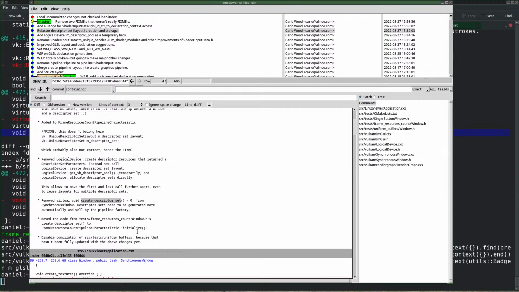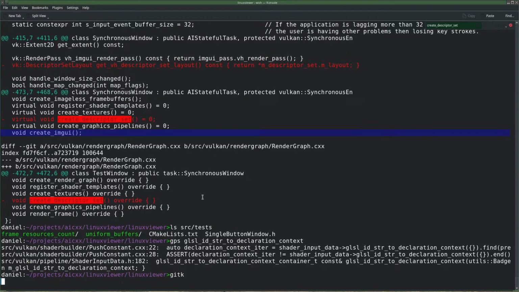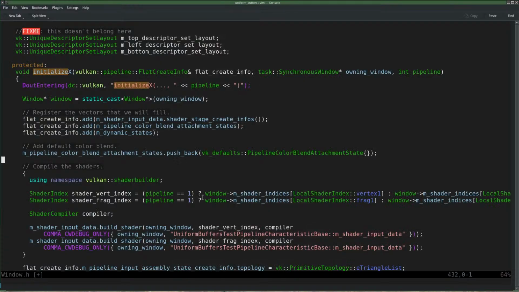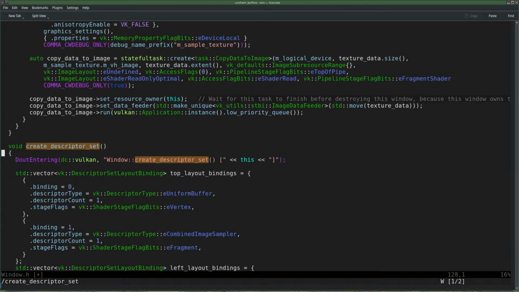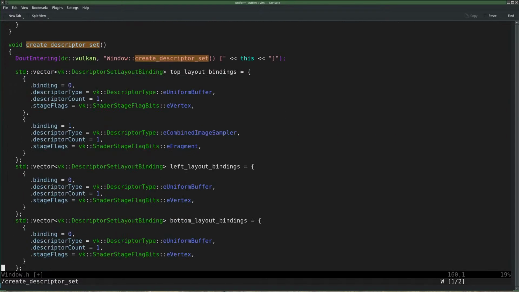And now I have to do the same, not for the frame resource count, but for the uniform buffer test. So I'm looking for this function, create descriptor set. And there it is.